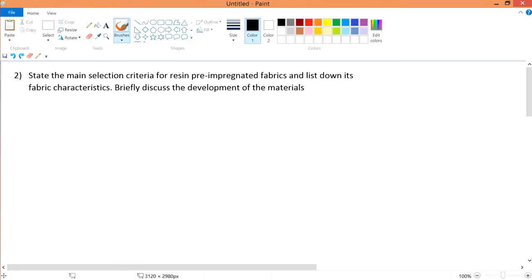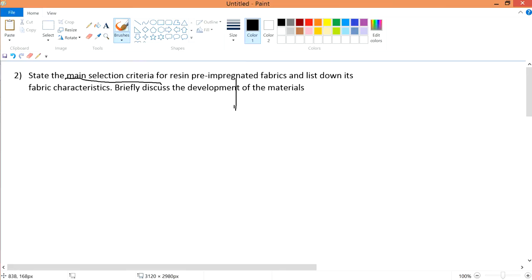Let's talk about question 2 tutorial. Okay, so it says the main selection criteria for your resin pre-impregnated fabrics. So it wants you to get the criteria for this type of material. The resin itself is a matrix. The matrix is being pre-impregnated